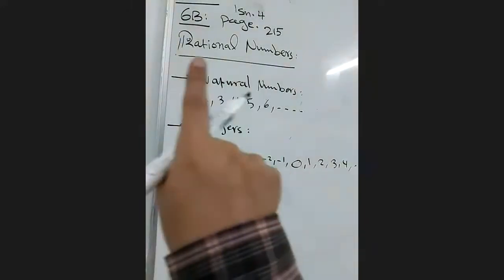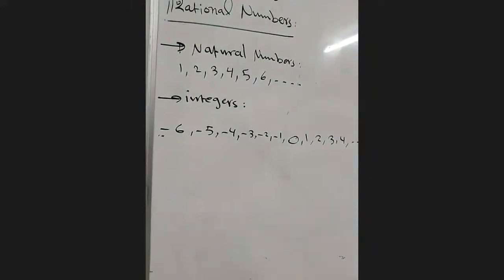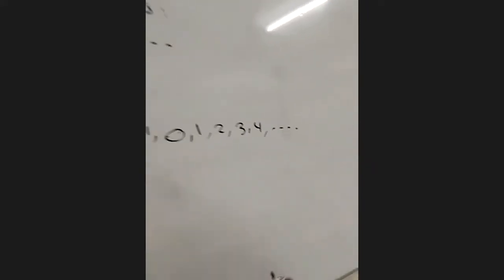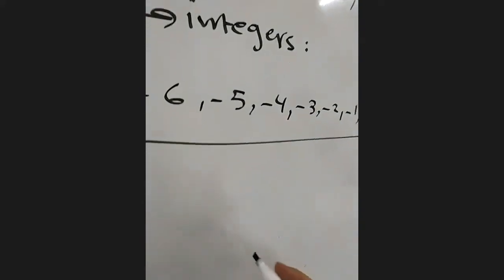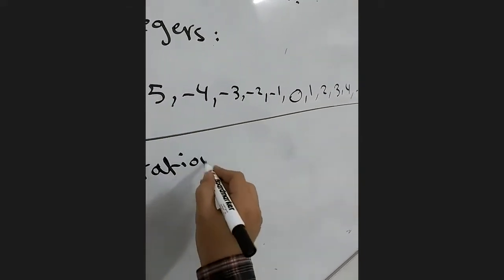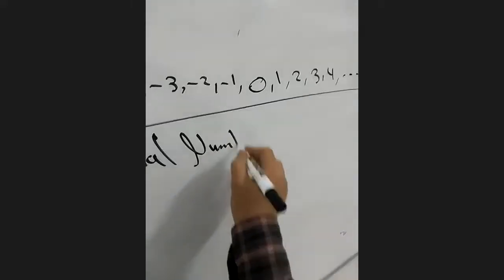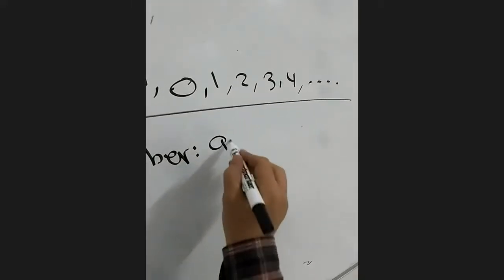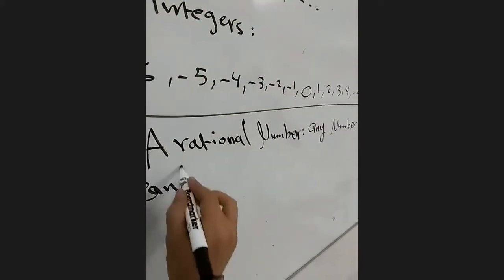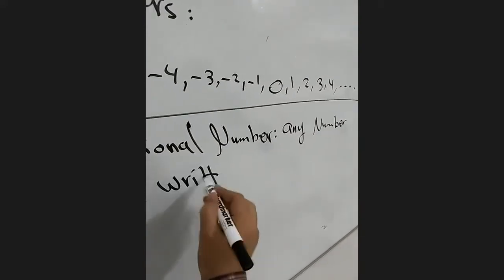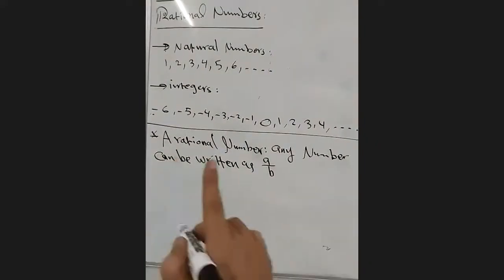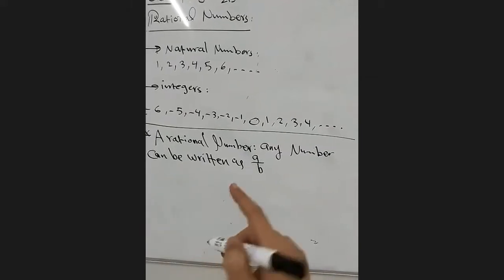Now today we will talk about rational numbers. Now you know the rational numbers, but you didn't know that its name is rational. Okay, so what is the rational number? Now we will put the definition of the rational number. A rational number is any number that can be written as A over B,